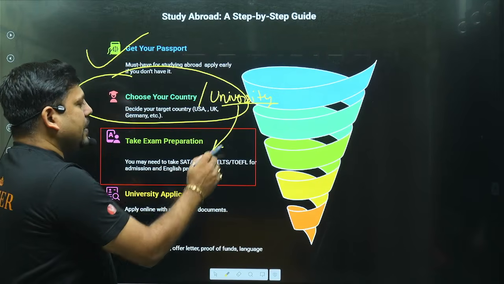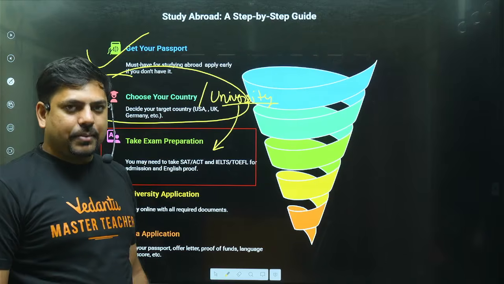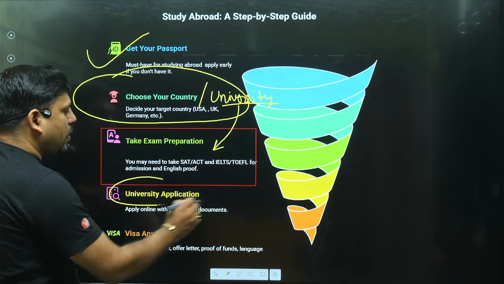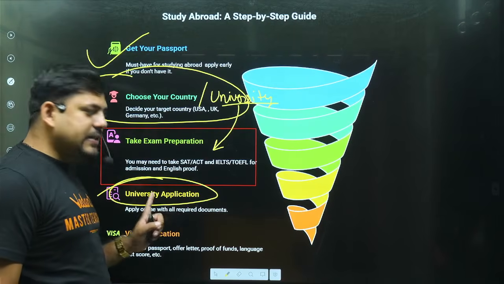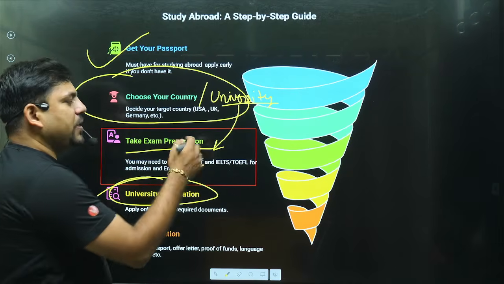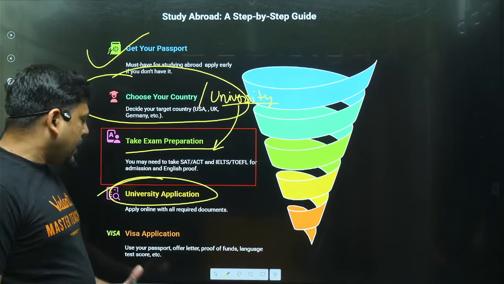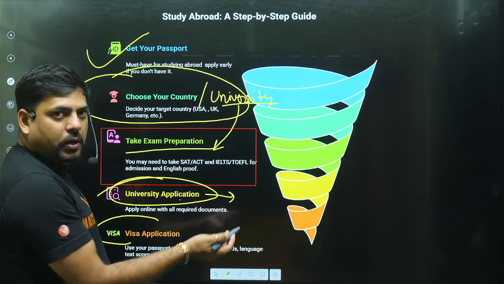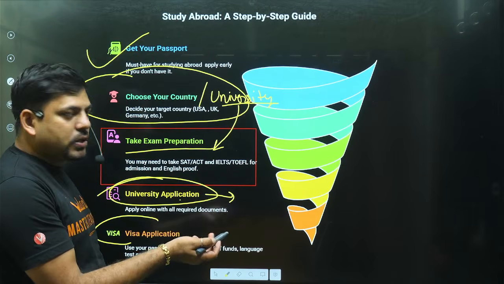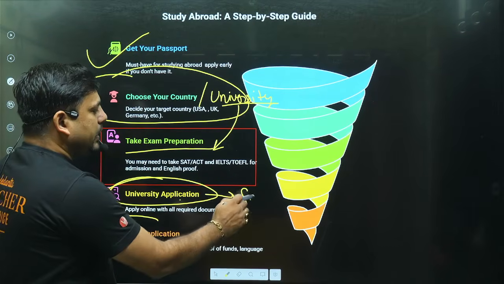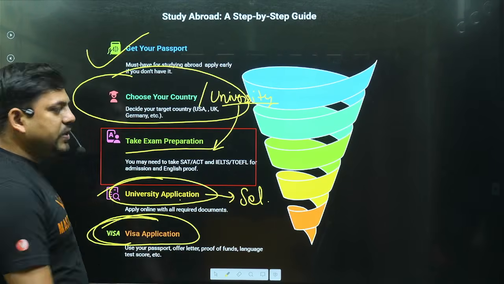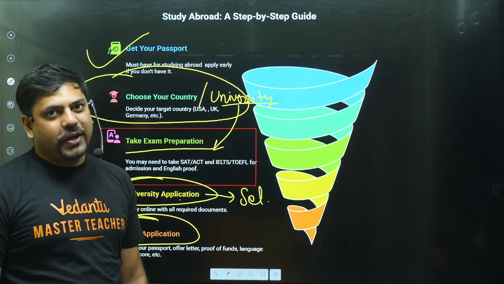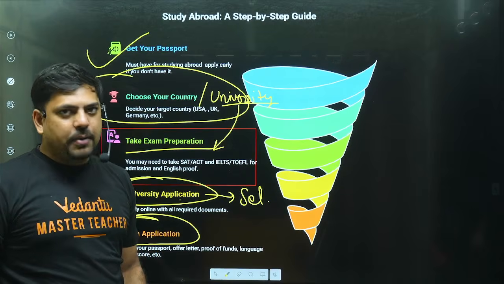Then you have to prepare for the examination, if you have to appear for the SAT or IELTS examination. And then you have to apply to the university, because in these applications the marks of these examinations are required. Once you are done with your university application, they will send you their final verdict, whether you are selected or not. If you are selected, then you go for the visa application, and finally once you get the visa done, you will be flying to that country. That is how this entire process works.